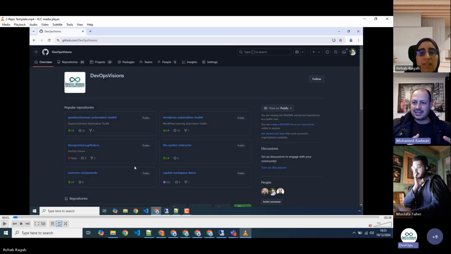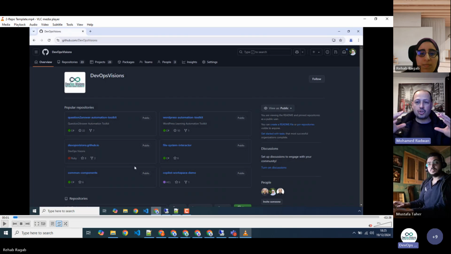For example, inside src, we have a directory for applications. It could be a web application, a mobile application, or infrastructure as code. So we start again designing and architecting.